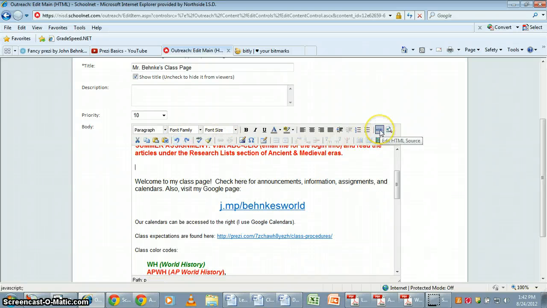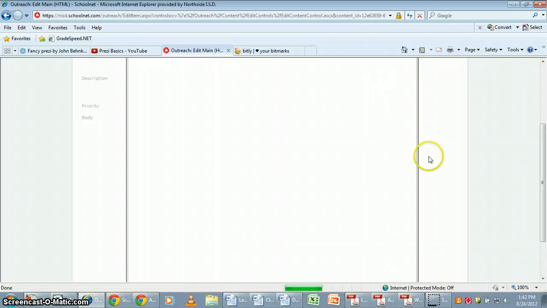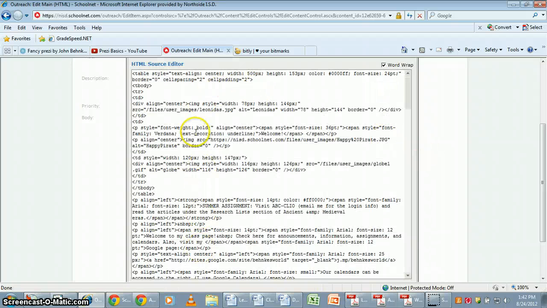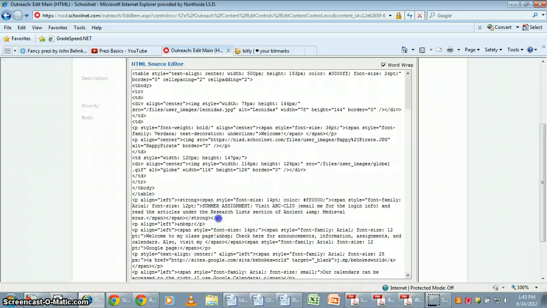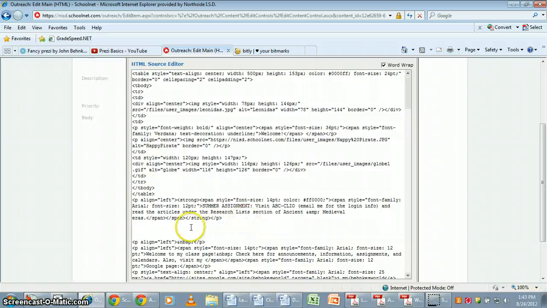So what I'm going to do then is go to HTML, edit HTML source. So then it loads this. This looks like a foreign language, and I don't blame you if it looks very overwhelming. But all we really need to do is find like the anchor. So I know I'm putting it after summer assignment. So all I have to do is really skim and scan, and there's summer assignment real big, obvious. Well, where this little block ends, it says P align, and then it has this /P. That means the P is end. That's the paragraph. So I'm going to just push enter a couple of times,